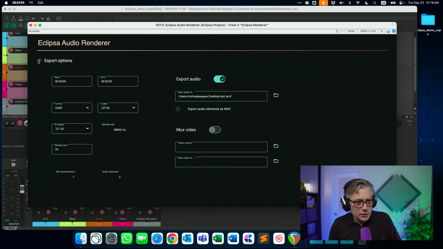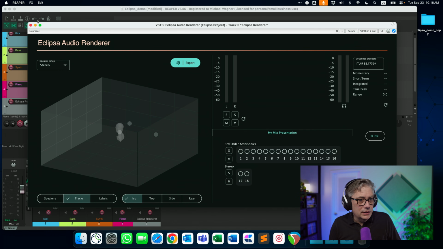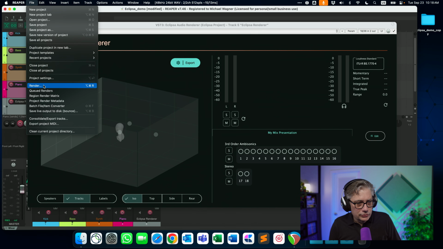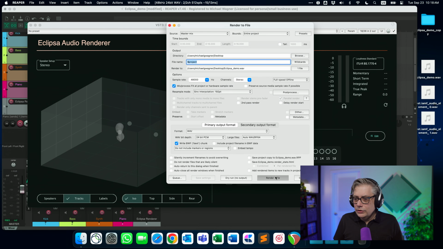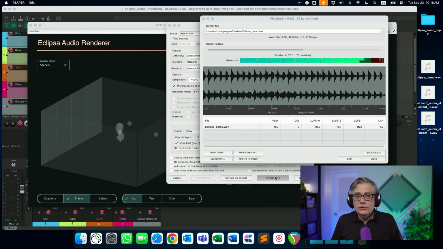And then I'm simply going to export everything. And the way this is done is simply by going to the bounce section here. So we're going to render everything. And we're going to render this one file. I'm going to render it onto the desktop. That's going to render that. By default, it's also generating WAV files for each audio element. And that means that I now have an Ambisonics WAV file for the Ambisonics element, and the stereo WAV file for the stereo element.